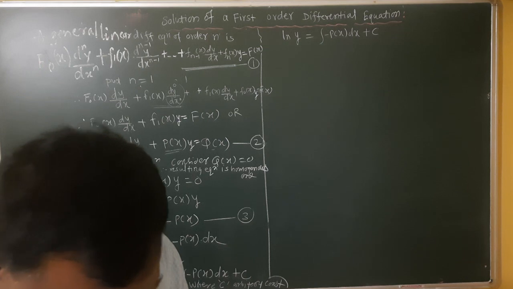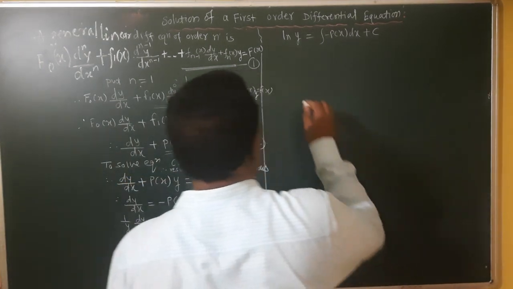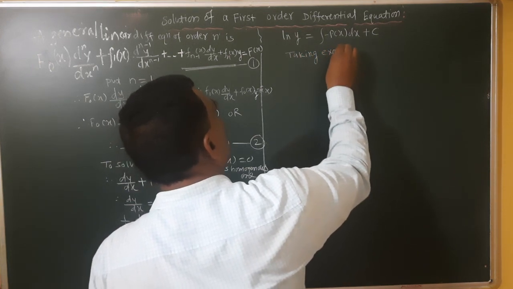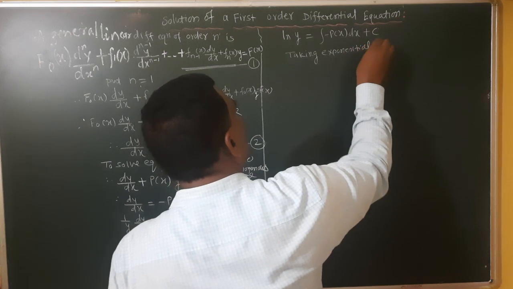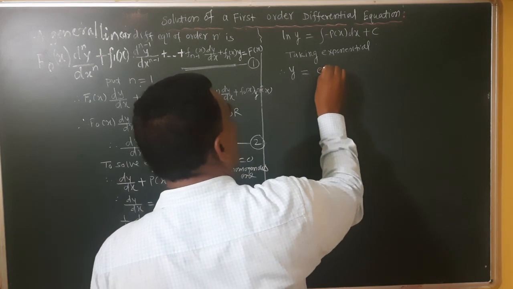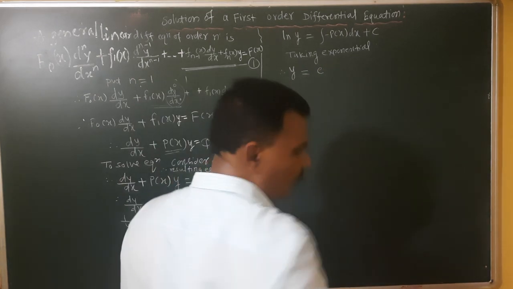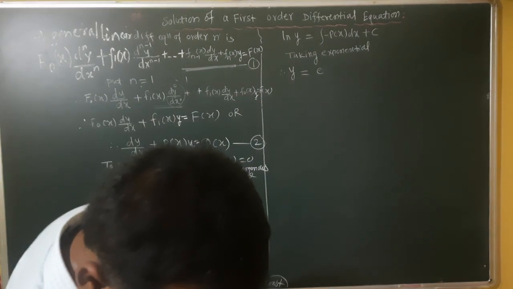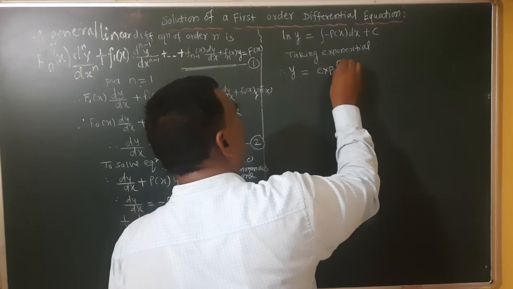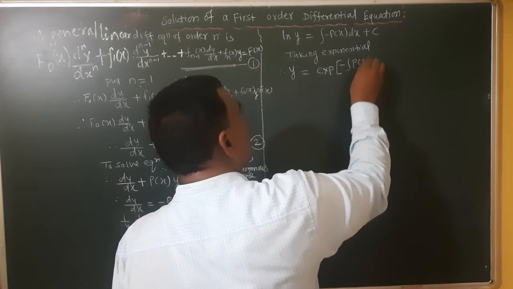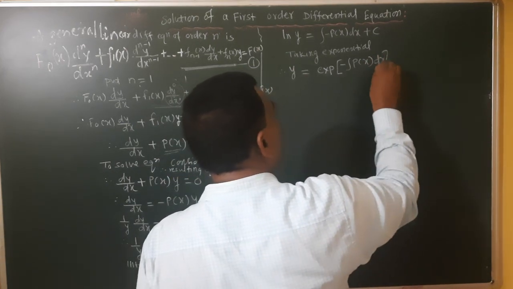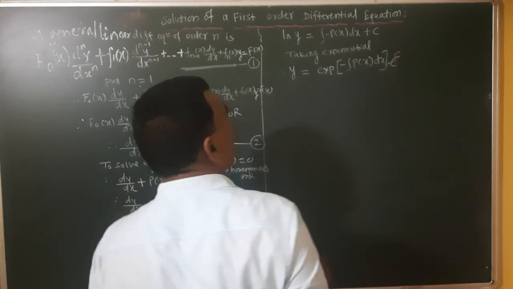Now we have to write this equation taking exponential on both sides. Therefore, y is equal to exp of minus integration of p of x into dx, into e raised to c,